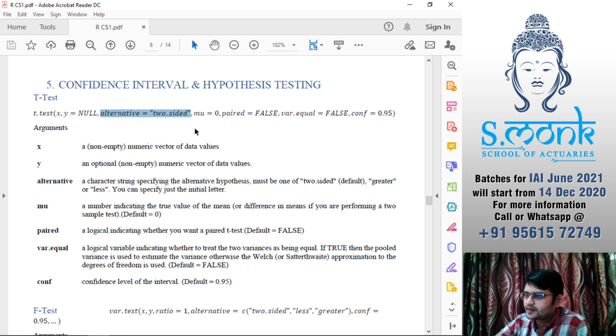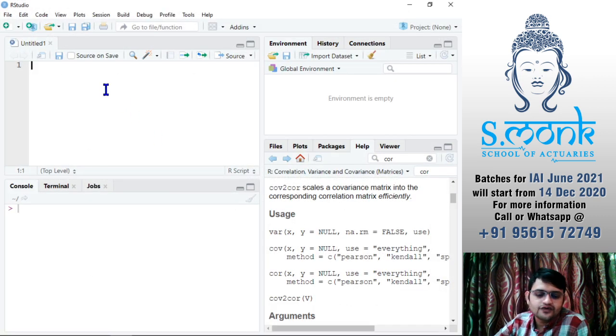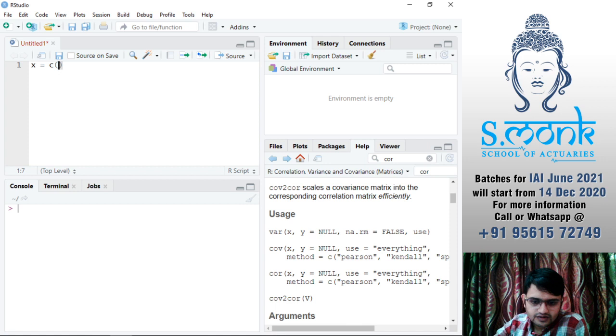It is just for the sake of figuring out whether we are testing for greater than or less than. I'll just show you. Let's assume I have an x vector. I always use equal to, you can use the arrow as well. I'll take an example from a particular question.